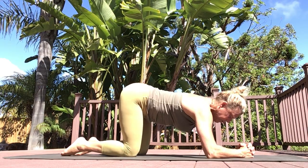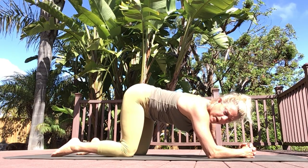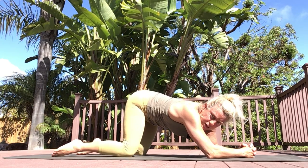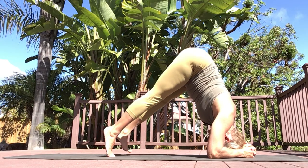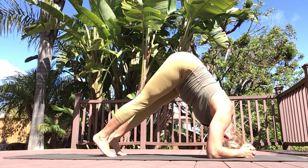I've got my scapular activation. Next thing I'm gonna do is put my head between my wrists. And then I'm going to start to lift my hips up by coming into down dog legs. Okay? The head is on the mat. Extend the hips in down dog legs. Heels can be lifted. Now, I want you to practice